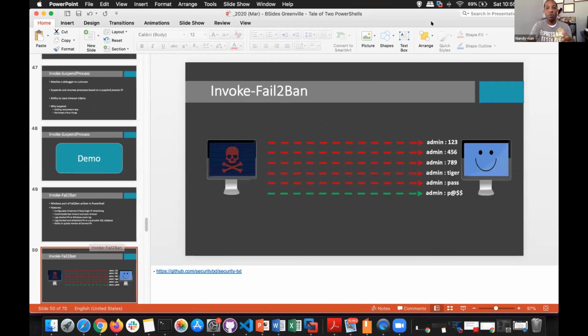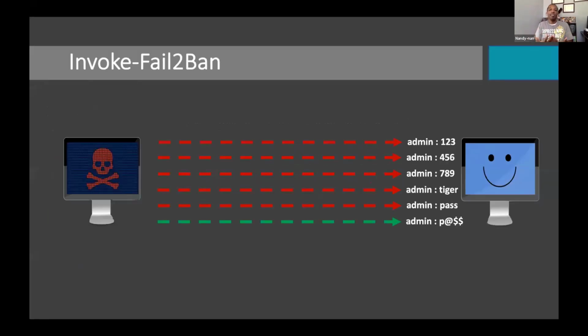And really, I missed this aspect of it. Why is this a thing? Well, public facing, I have somebody out there trying to access it all day, and they're probably just brute forcing. So the red signifies failed logons, and then when they get to the end, we get a green logon, meaning that it was successful.